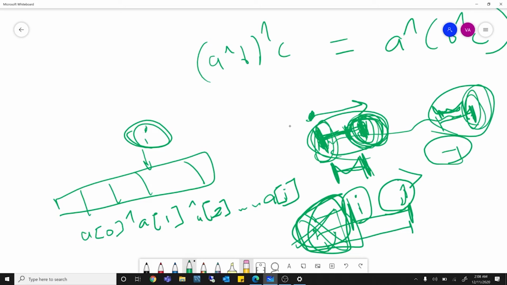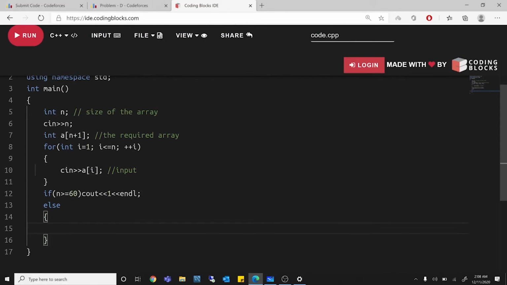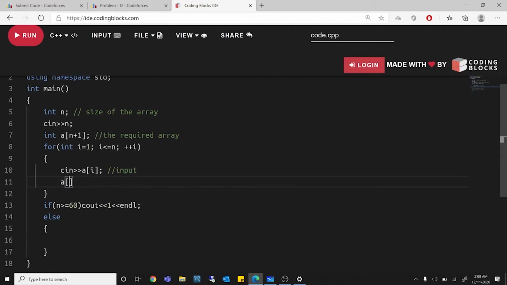Okay. So let's start coding it. I hope that the logic is clear to you. When I code it, it will be further clear. Don't worry. Right. So first of all, I'll just transform my original array. Right. So I'll do it as A of I is equal to A of I XOR A of I minus 1.